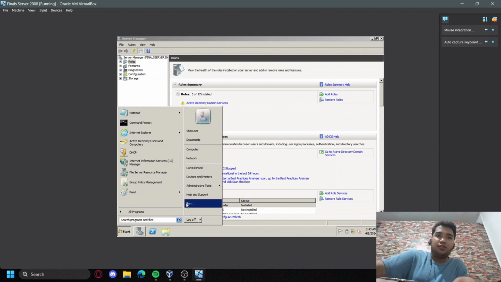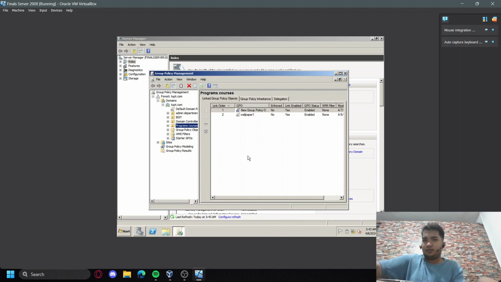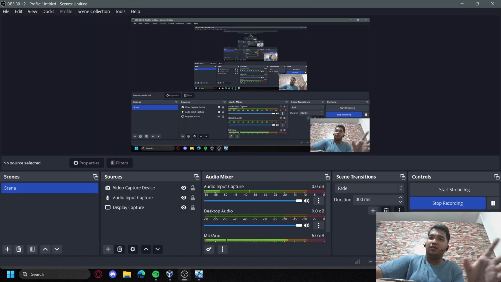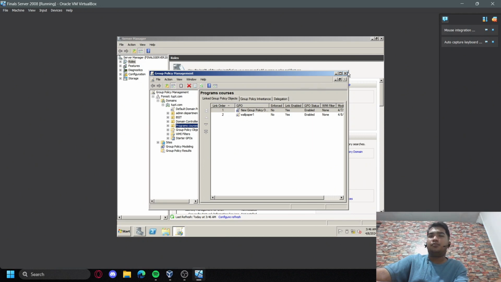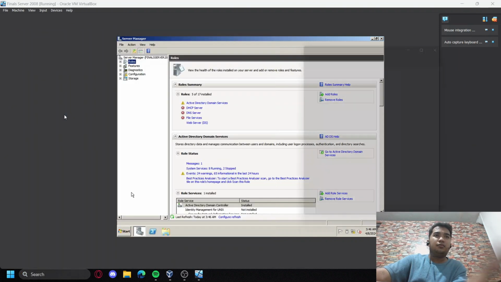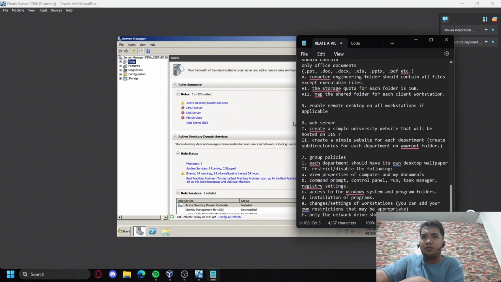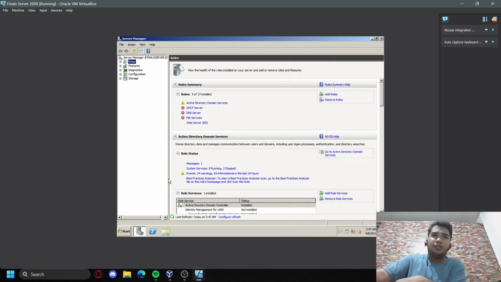So let's move on. So let's go back. I'm going to pause the video for a moment. So the next step is to disable the read and write. Let me open up my notepad to see. Yes, there we go. Restrict or disable the following. This one. So all you want to do is go to the users,